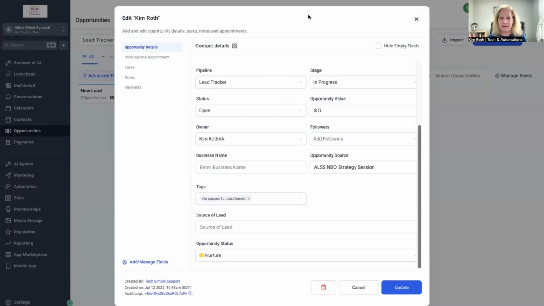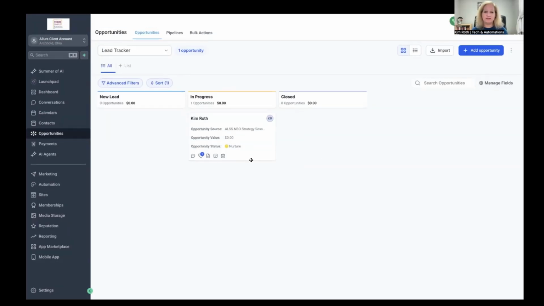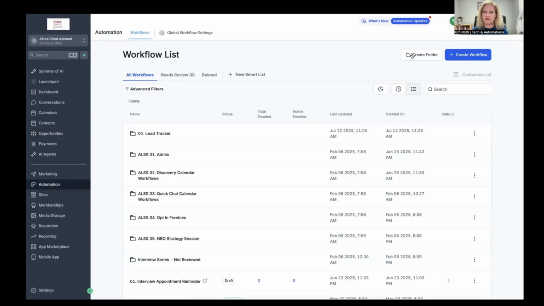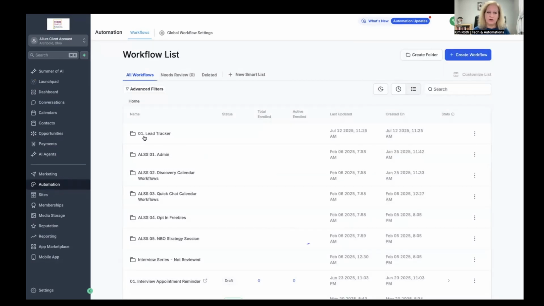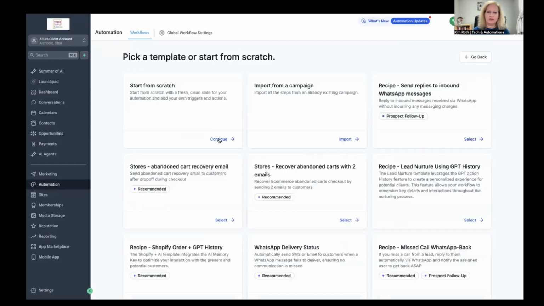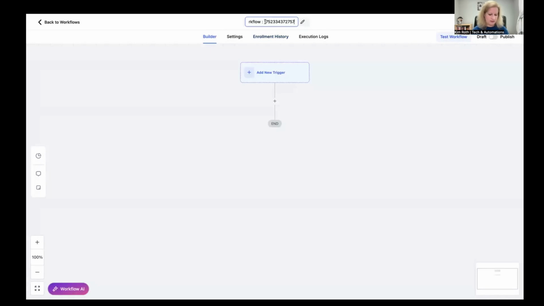Well, what if we just sped this up and created a workflow that if you moved the lead over to in progress, it would automatically change their color. Now I'm going to show you how to create those automations. So if we click over here in automation, I am going to create a folder for my lead tracker automations. That way they're all organized in one spot. I'm going to create my first workflow from scratch and rename it